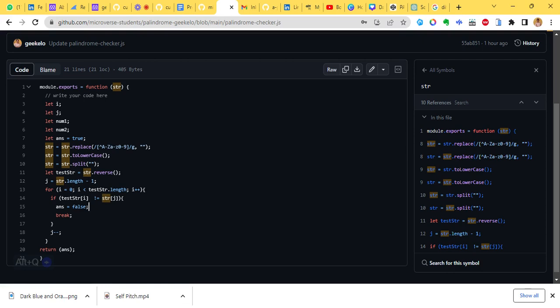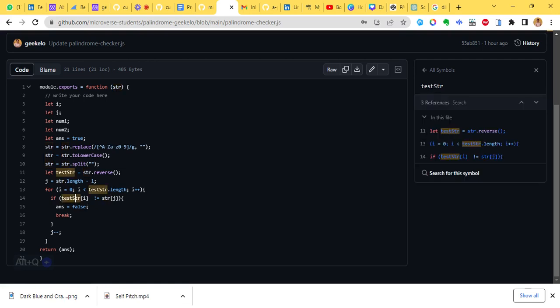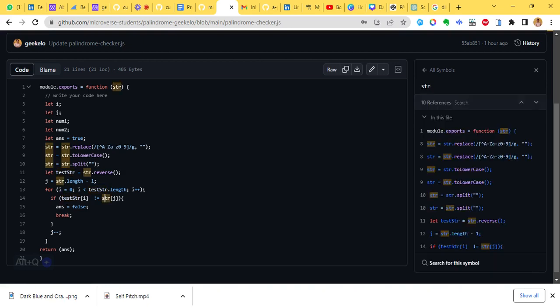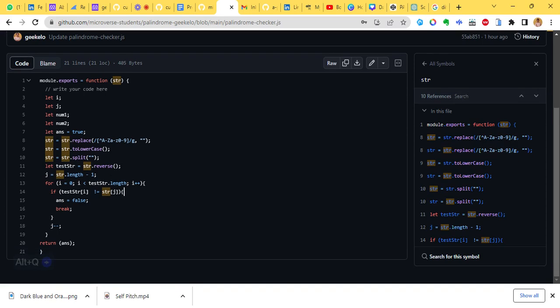Okay. So I'm testing from the first to the last of the reverse string. And for these as well, I'm testing from the back to the front of the reverse string, and then that will give us, so here I'm testing. If it is not the same, then I'm going to update. I set the initial value of answer to true. I'm going to update it to false, and then I'll put it out of the loop,